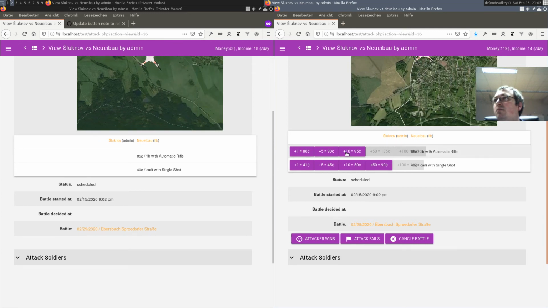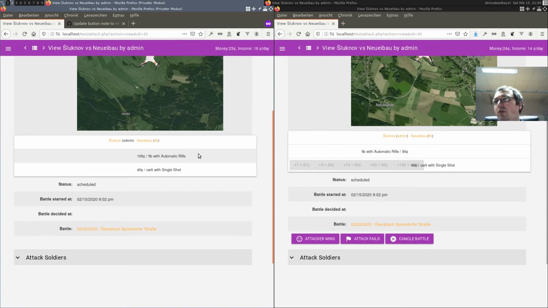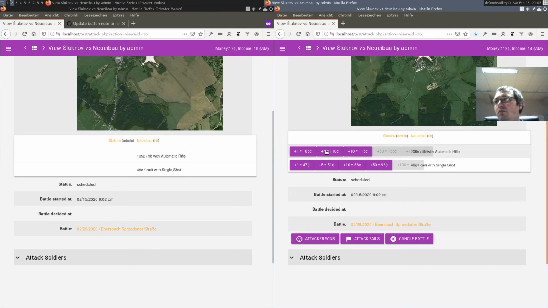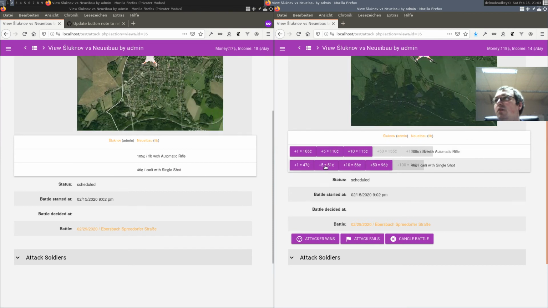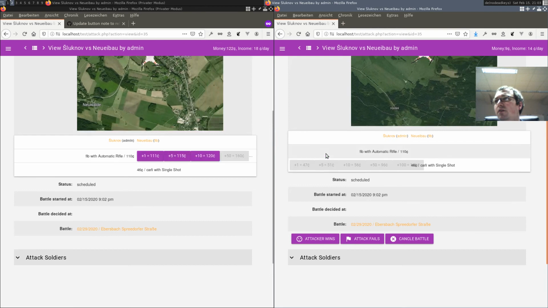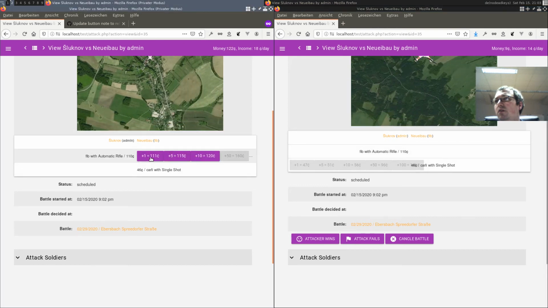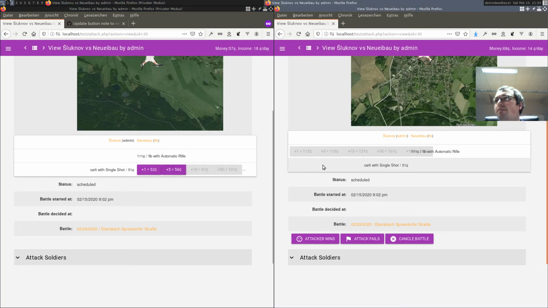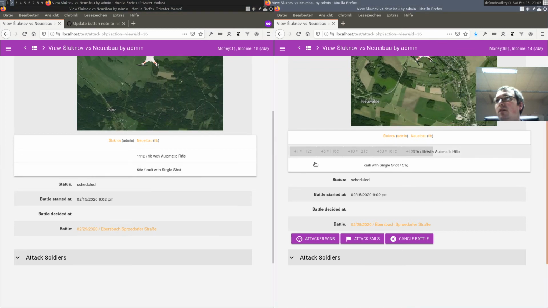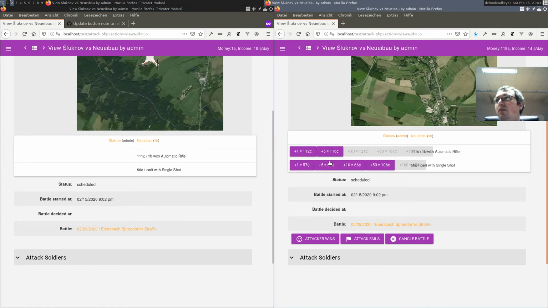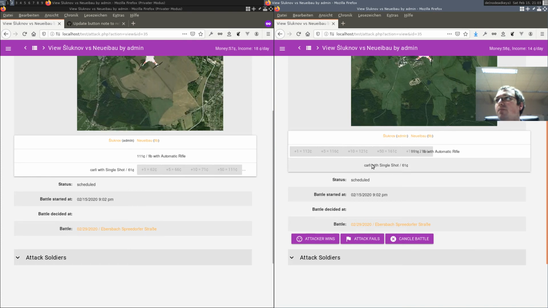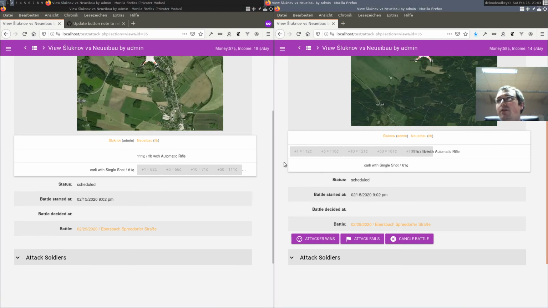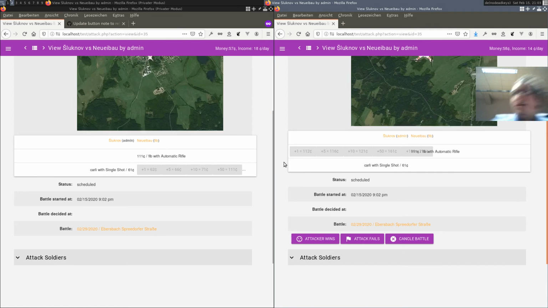I should get this soldier. Oh, he can get it back. So try this soldier. He can also get it back. Try this one. This one. Okay, now it's fair, so everyone has one soldier and the battle can start. Okay, cool. Now we have the auction system up and running.